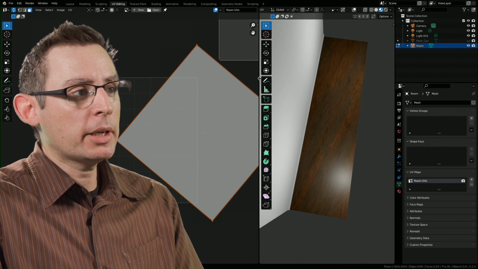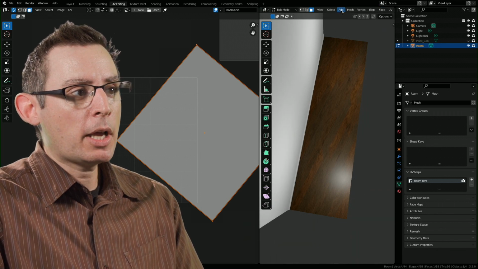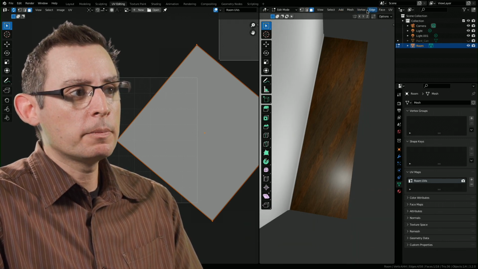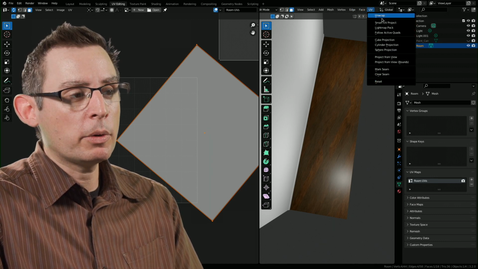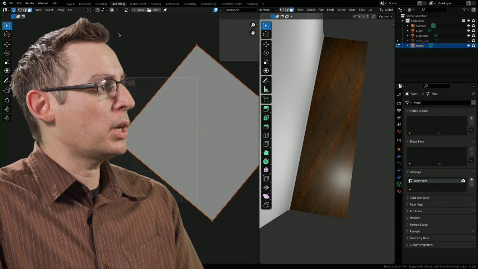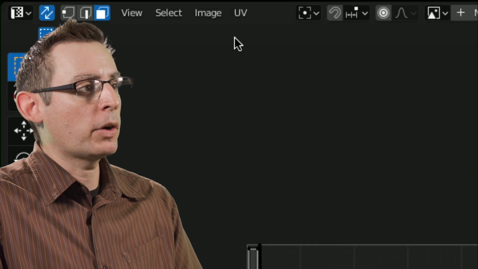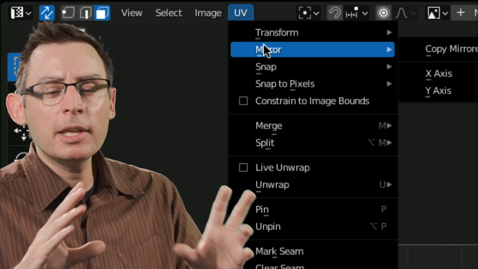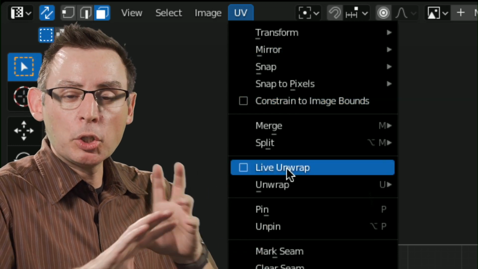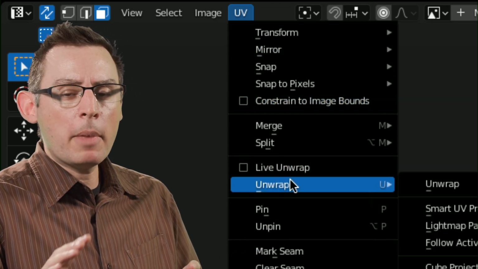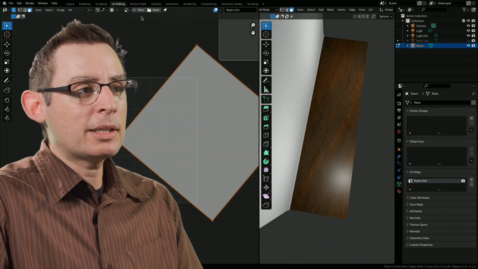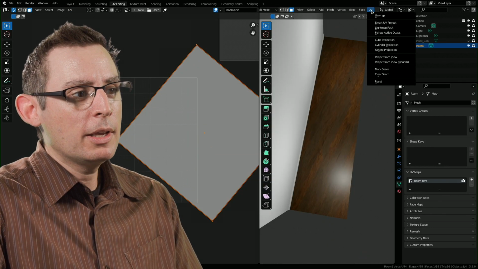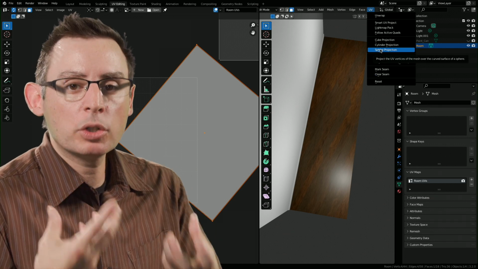With that polygon selected, we have some choices here. At the top of our screen, in this viewport right here, I'm going to scroll over. We have the UV tools right here in the 3D viewport. We have a similar set of UV tools inside of our grid, this pull-down menu. They're almost the exact same tools. These have a little bit more because they manage the placement of the UVs in the grid. The ones that you're seeing inside the 3D viewport, these are really for the initial creation.